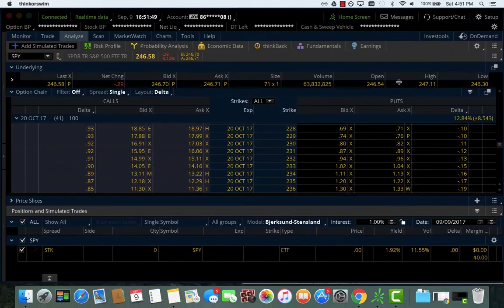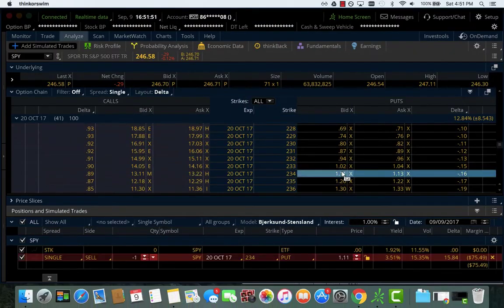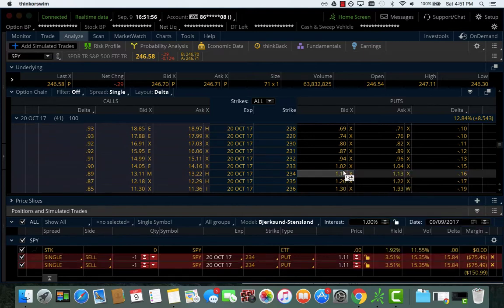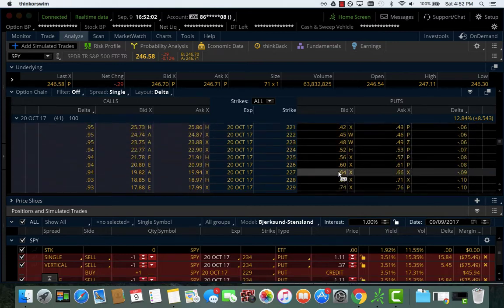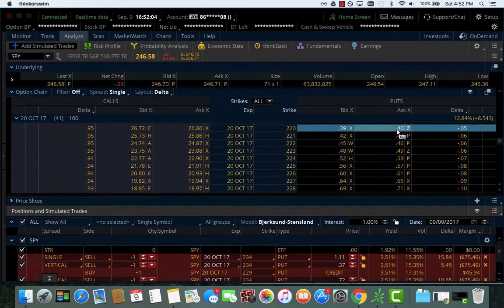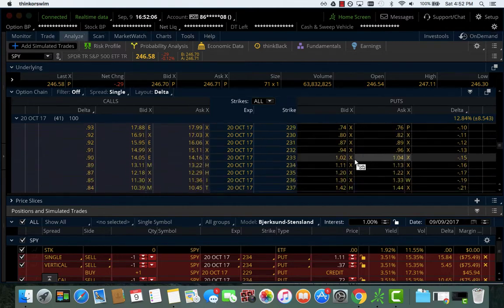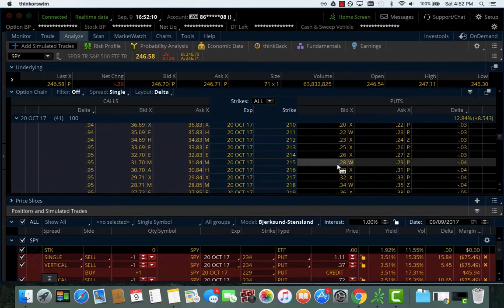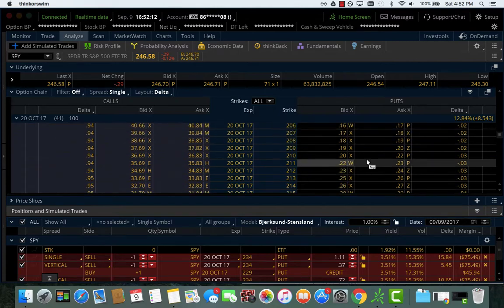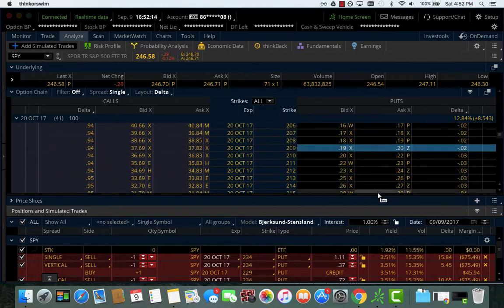The first thing we want to know is what happens when we sell the 16 delta put. Great. Then we want to know what happens when we sell the 16 delta put and buy the 10 delta put. Then we sell the 16 delta put and buy the 5 delta put. Then we sell the 16 delta put and buy the 2 delta put. So all the way out there, the 2 delta put. There you go. Right? So as you can see,